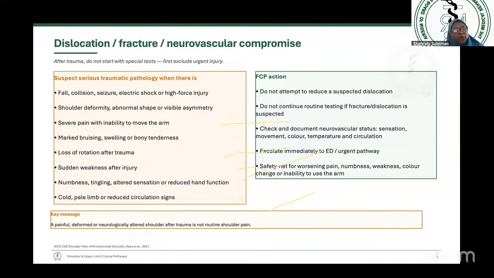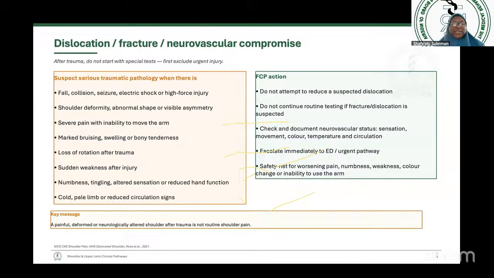We should suspect serious traumatic pathology when there is shoulder deformity, abnormal shape or visible asymmetry in the shoulder, severe pain with inability to move the arm, marked bruising, swelling, or bony tenderness, loss of rotation after trauma, sudden weakness after injury, numbness, tingling sensation, or altered sensation, reduced hand function, or a cold, pale limb or